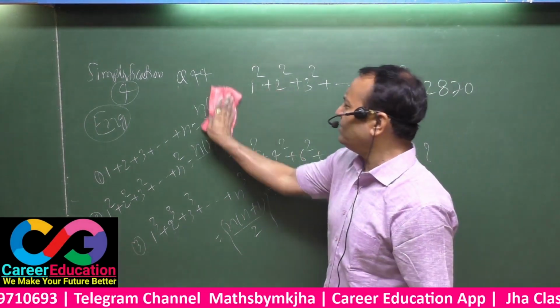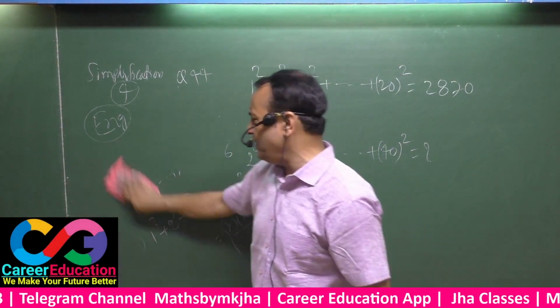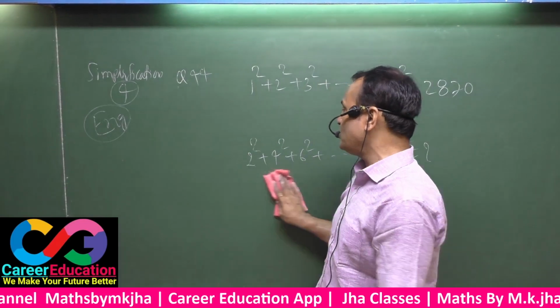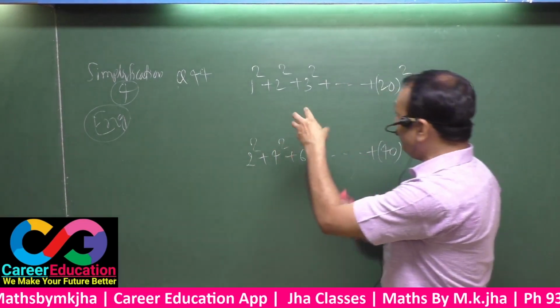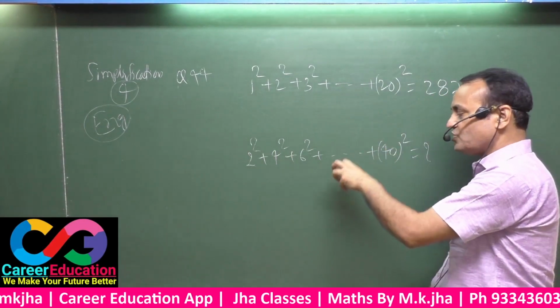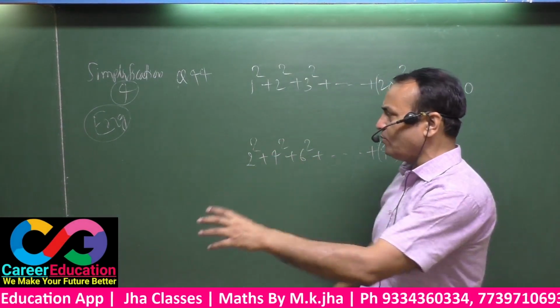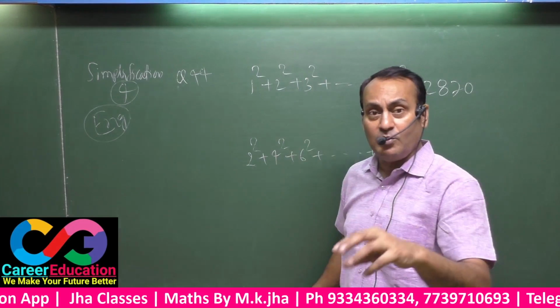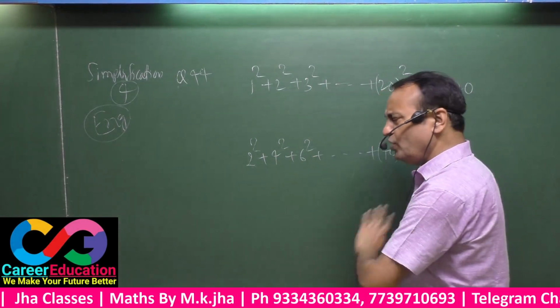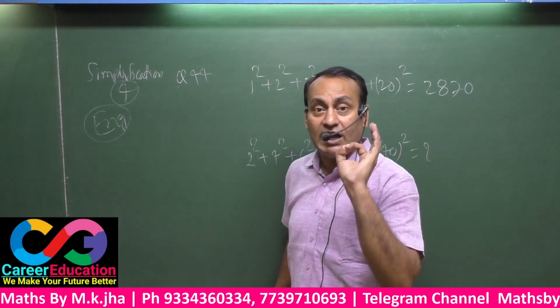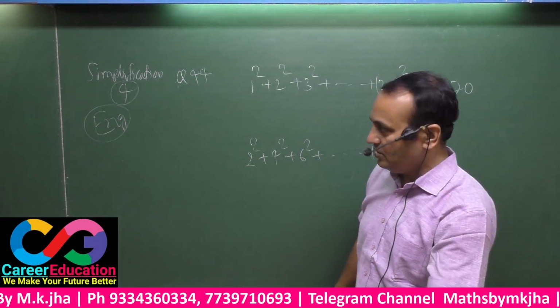But presently the question is based upon that result. That means the result of that situation is given to you, and based upon that you have to point out this value. Certainly in such type of questions there is no need to use the formula written here. You can use the formula and solve the question, but no need to. You have to deal with this question technically, tactfully. How is it? Listen to me.